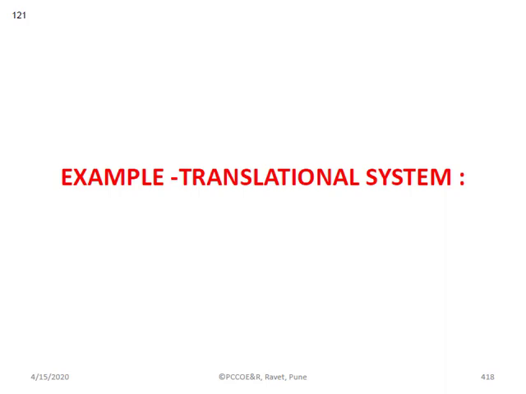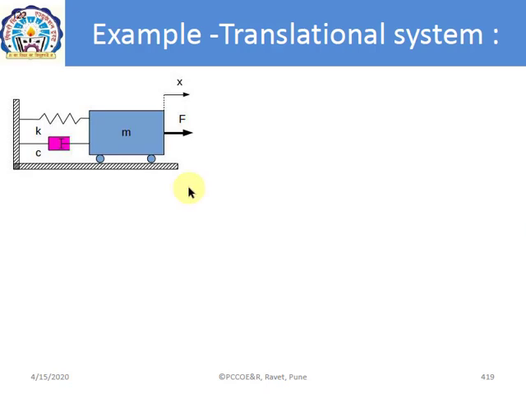But before starting the first numerical, let us try to understand the different forms of mechanical system or mathematical model representation for the same system. Let us take an example of a translational system. Now we had a lot of discussion on this kind of system and also tried to derive a transfer function. The system consists of spring, mass, and damper, and is subjected to a force function which causes the displacement of a mass, let us assume, in the same direction as the applied force.